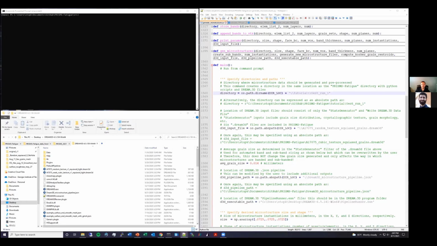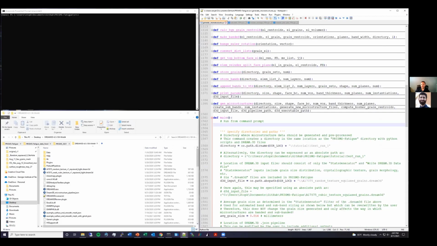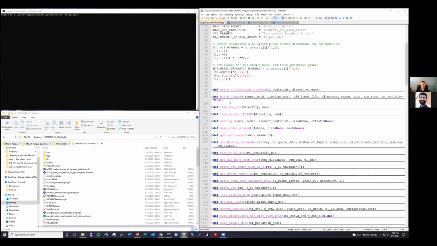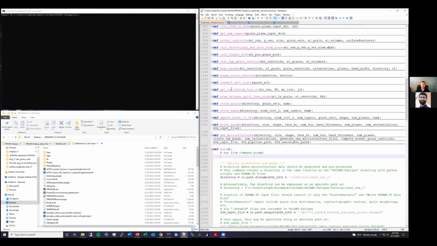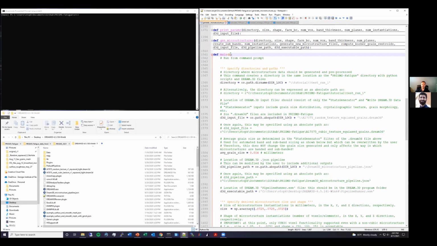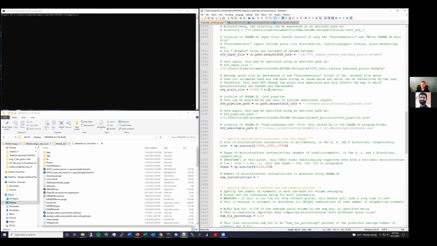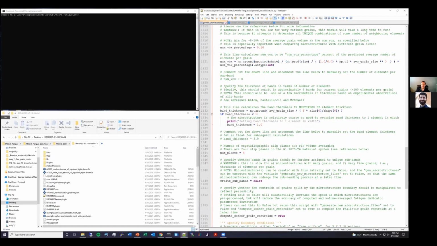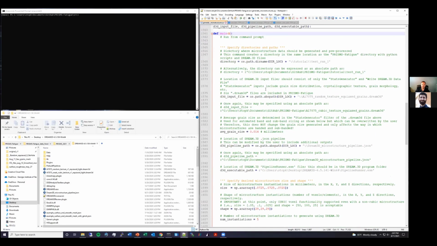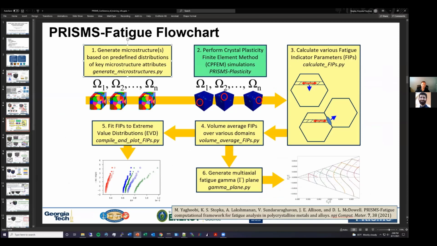So the first script, as shown here, Generate Microstructures.py, has a lot of functions that you see here that are minimized right now. And the main function that's literally called main is the function that you will edit and change various parameters. So this should be the only place that beginners will make changes to the code. So let's go through some of the settings on top to figure out how to run this Generate Microstructures.py script. But in short, what this script will do is it's going to create, much like in the picture I have shown here, it will create